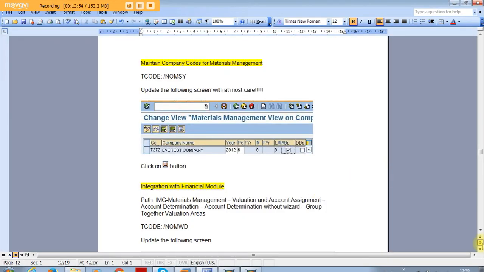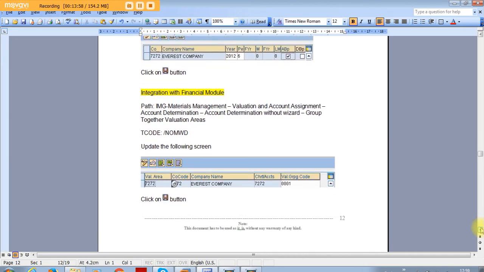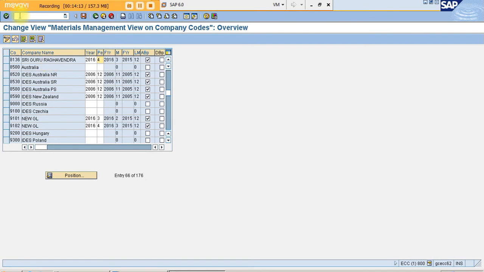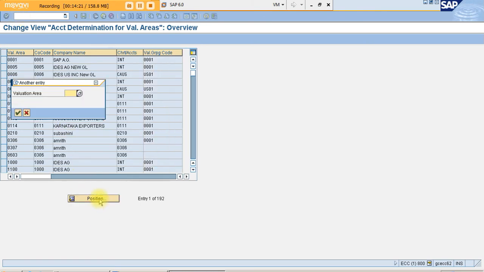Next is integration with finance module. So you have to define the valuation area. Okay, what is a valuation area? I will be explaining you in detail when I'm going to take up integration with FI with MM. Okay. I'll come to OMWD. Click on position.